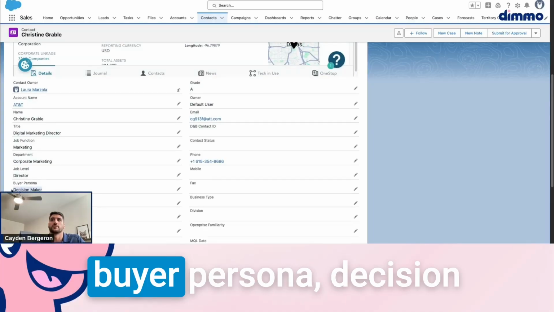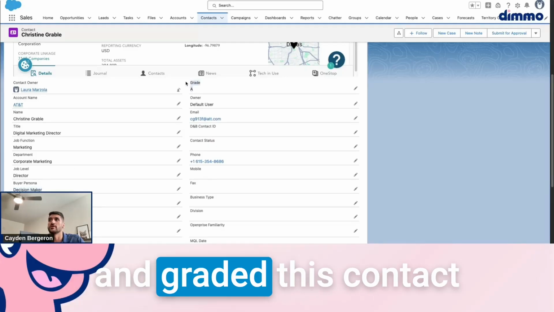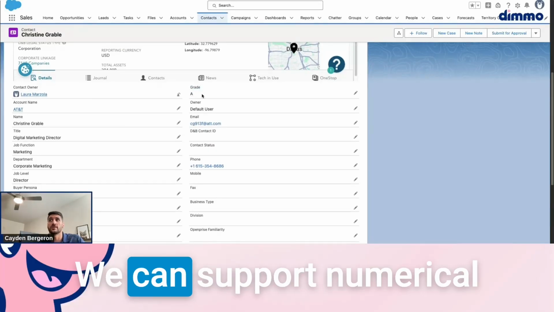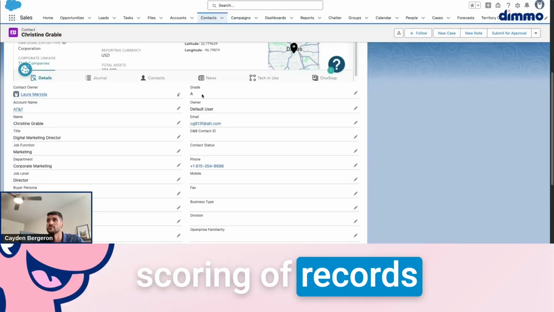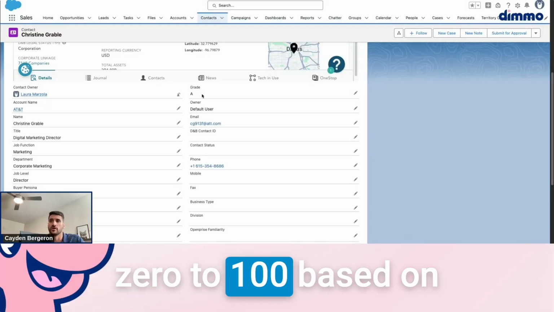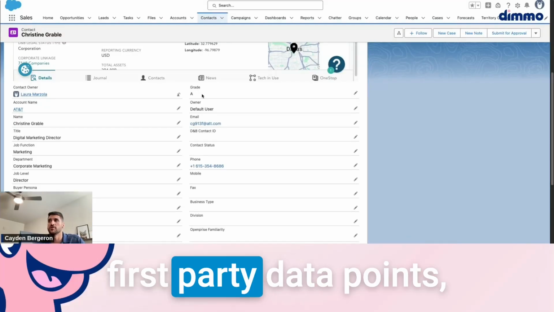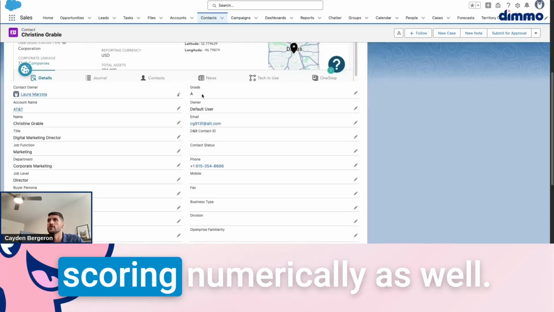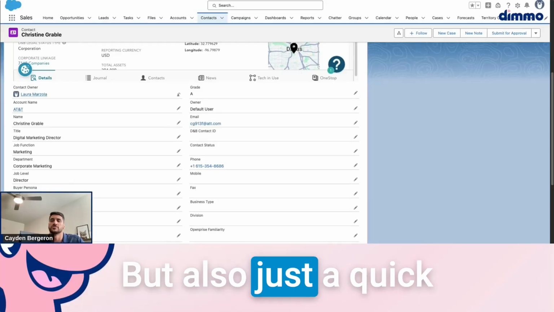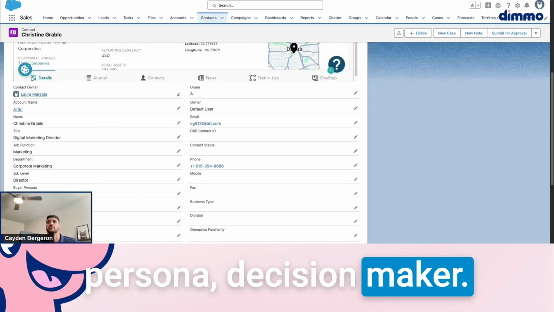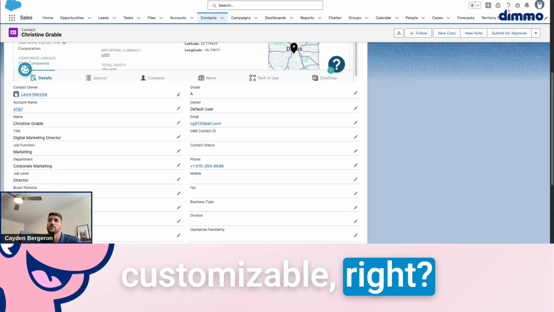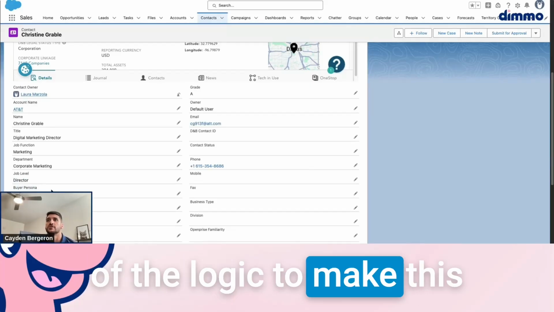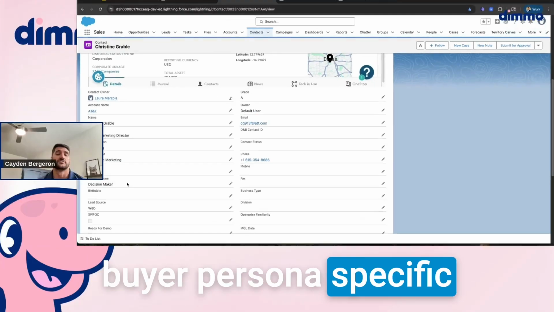And then based on that buyer persona decision maker, we've gone ahead and graded this contact an A. And that's just our alphabetical grading. We can support numerical scoring of records too. So that could be 0 to 100 based on a bunch of different first party data points, maybe some marketing data points as well. We also support scoring numerically. But also just a quick mention, this buyer persona decision maker is totally optional and customizable, right? Managers could be decision makers, right? You could put that in all of the logic to make this buyer persona specific to your business and your